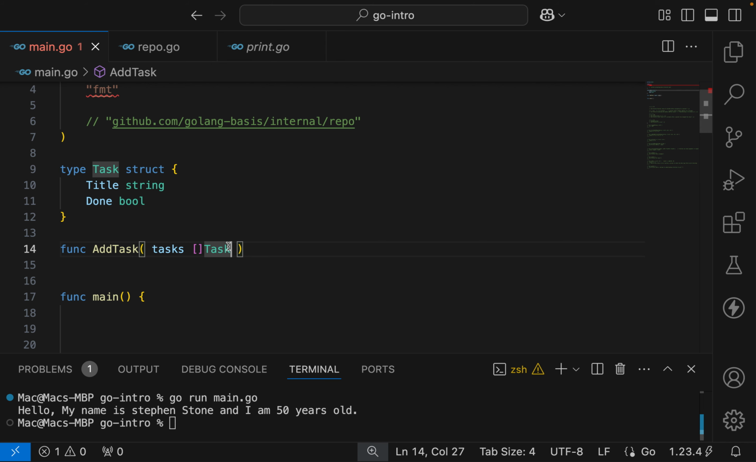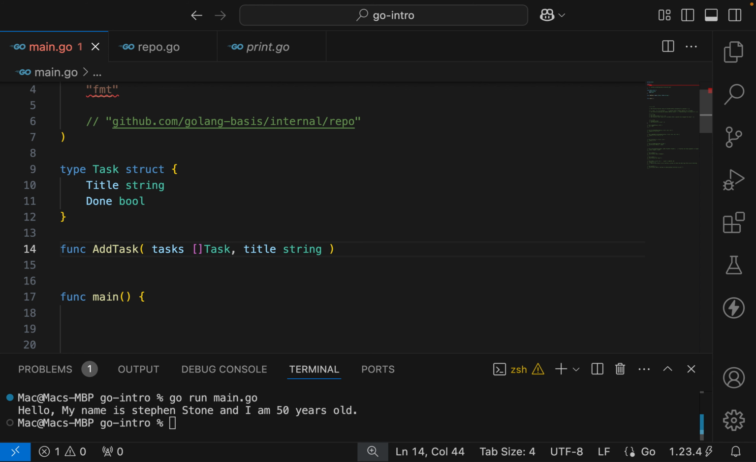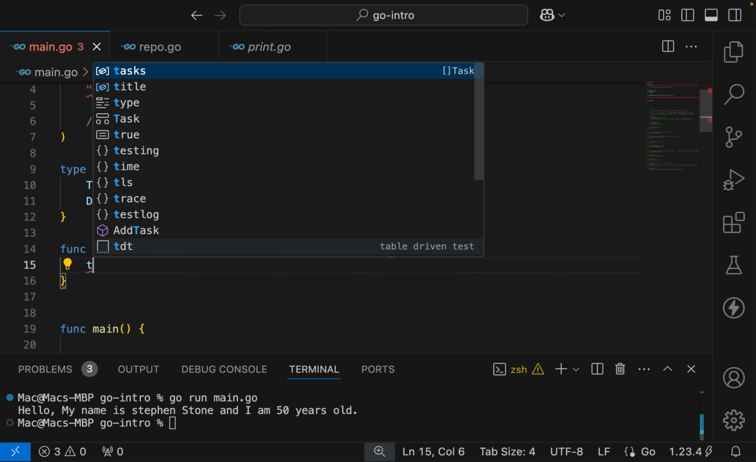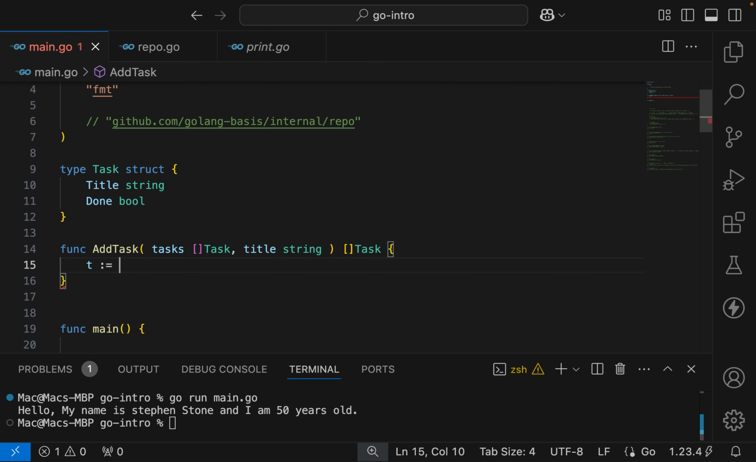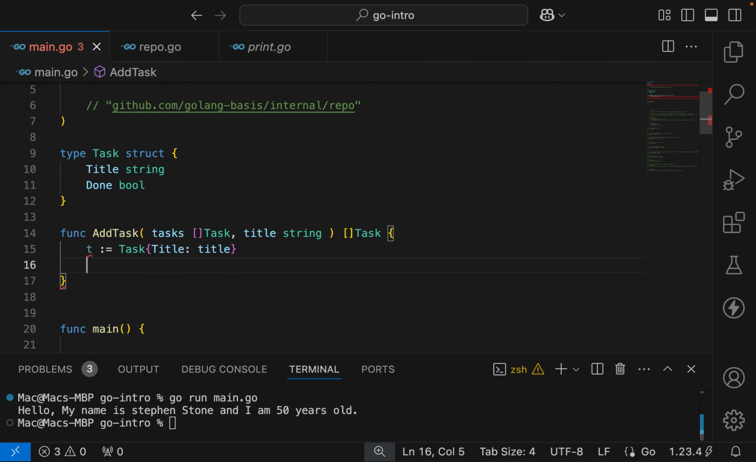Then we have title, which is going to be a string, and then we are going to return. So what are we returning here? Task. Okay, so we are returning a slice, a slice of the struct. So I'm going to do t, like this. So we have a task like this. What we are doing here is instantiating it, and then calling it title like this. And then we have t, and we are going to return like this, return